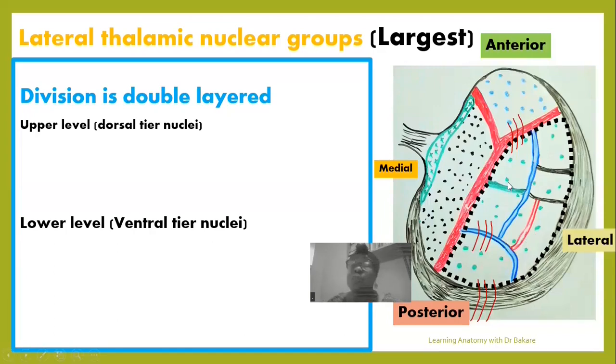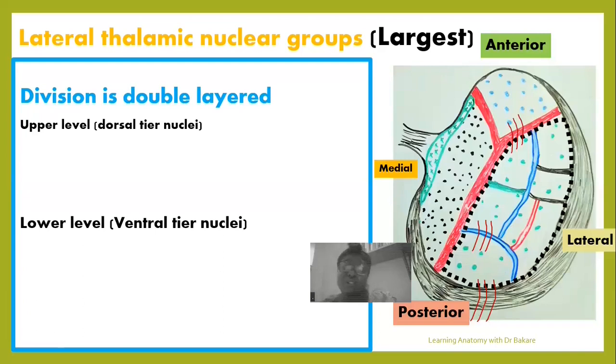The dorsal group of nuclei is what you see at the upper part, while the ventral group of nuclei is what you see at the lower part. This we should take note of when we are trying to establish the different subdivisions of the lateral thalamic nuclear group. If we have this at the back of our mind, we would be able to establish the different subdivisions, because this is actually the largest of all the three,